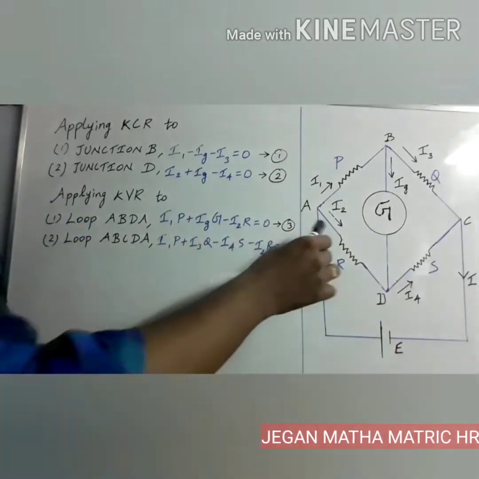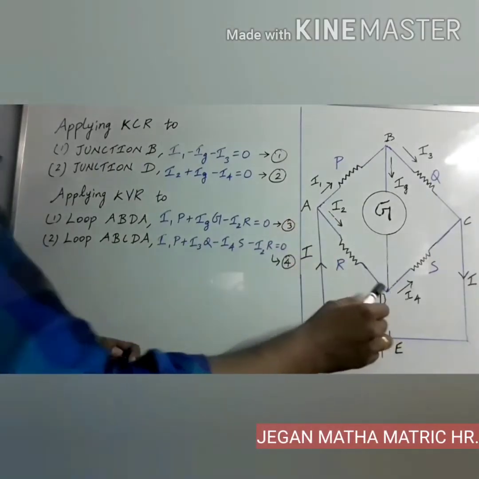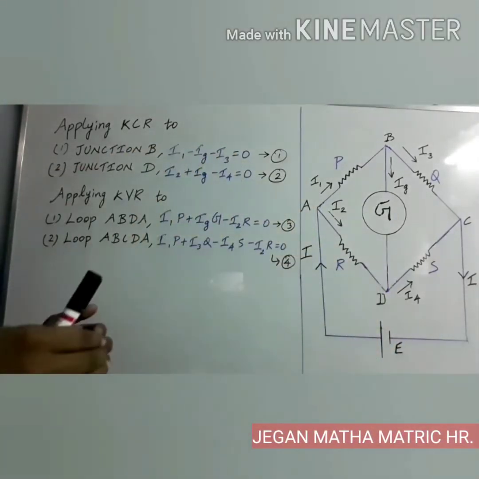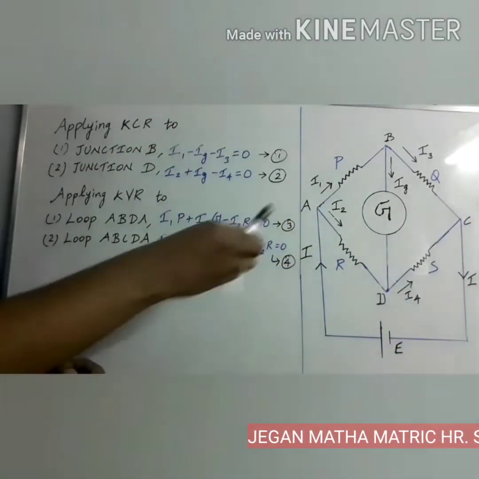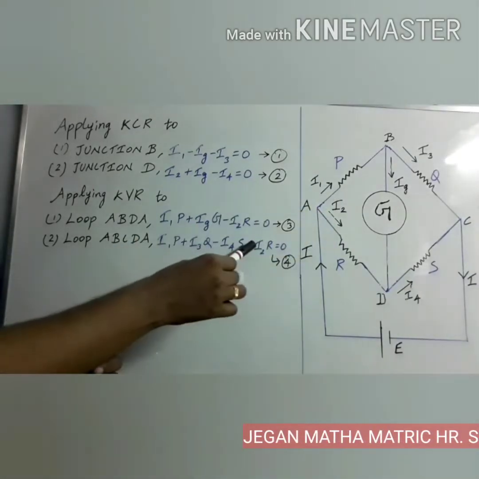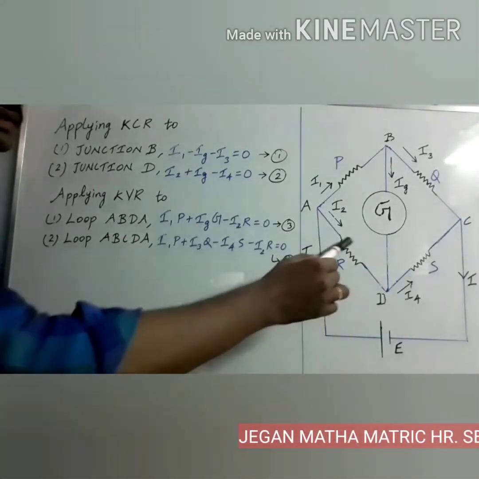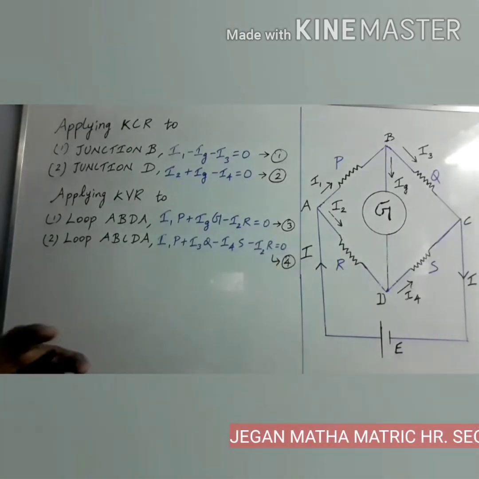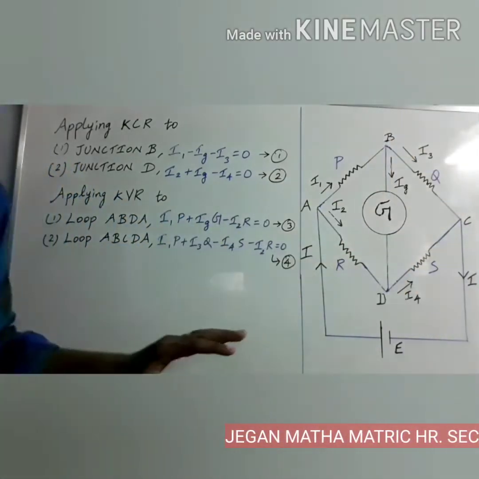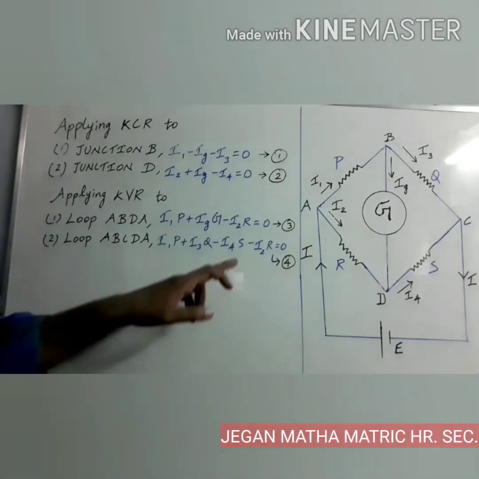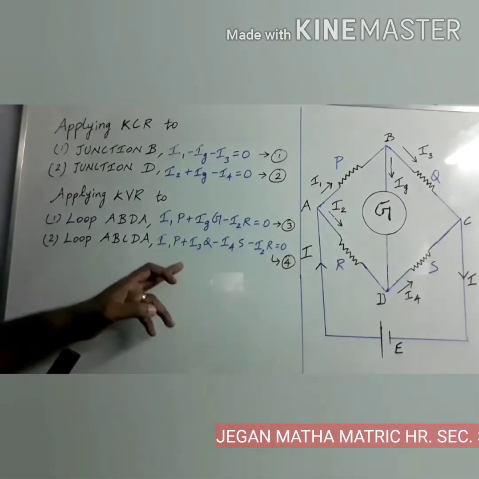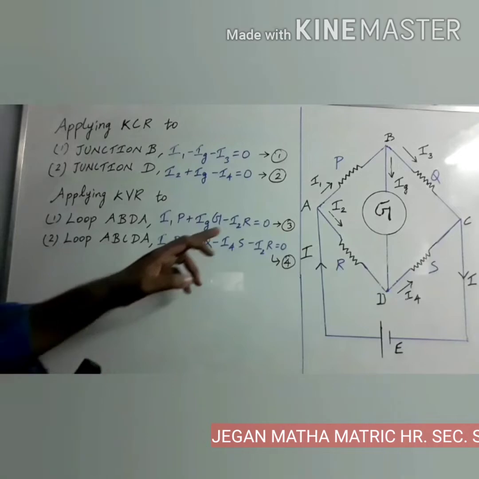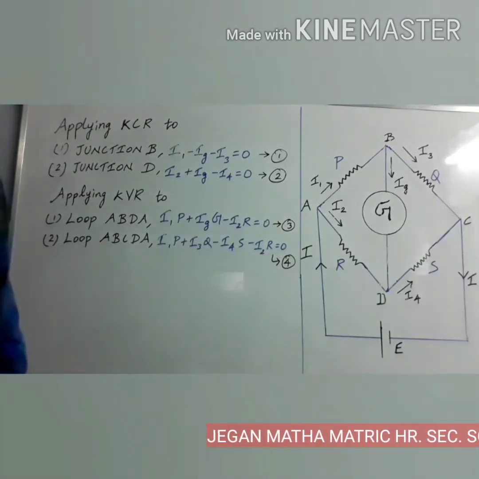What is the direction of the current? I2, it's flowing from A to D. In this part also, the direction of the current is opposite to the direction of the loop. So I2 also is going to get the negative value. So minus I2 into what is the current? What is the resistance value here? R. So R, that is equal to 0. In this case also 0, because in this closed loop also there is no cell. There will be no EMF. So the algebraic sum of the product of current and resistance is equal to 0.